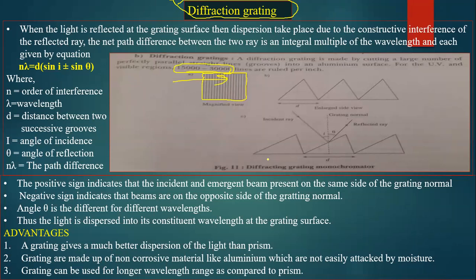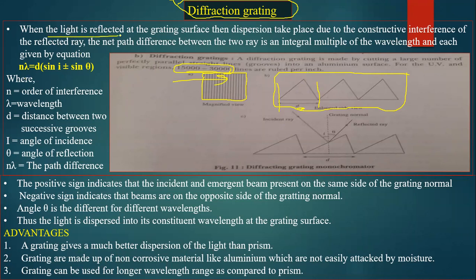If you see the enlarged view, these are the grooves. The difference between two successive grooves is d, small d. This is the enlarged view. See on your screen at the left side, you can see it very easily. Now what happens